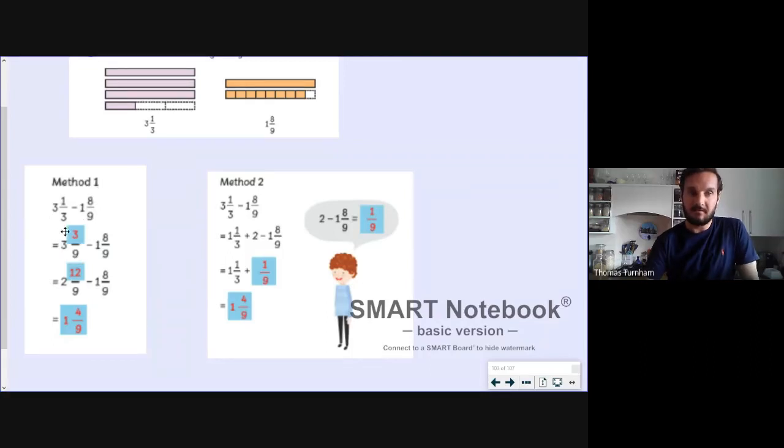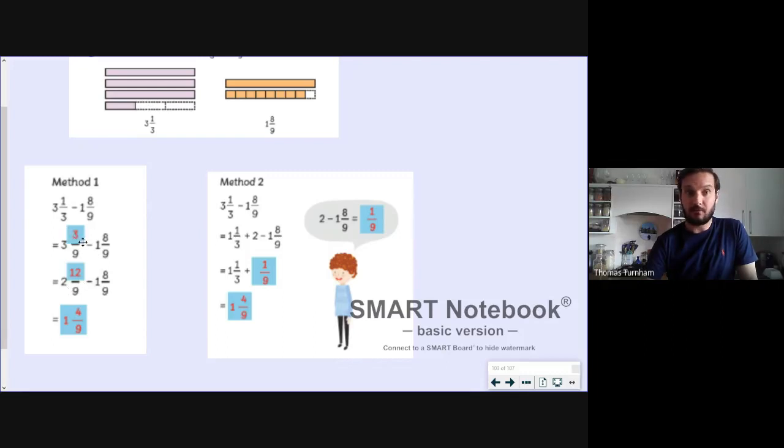Well, the first thing we've done here is switch to the same denominator. So 3 1/3 is the same as 3 3/9. So now I can look at my calculation. 3 3/9 take away 1 8/9. Now, what we've done here is something a little bit strange, because what we've realized is that I can't take